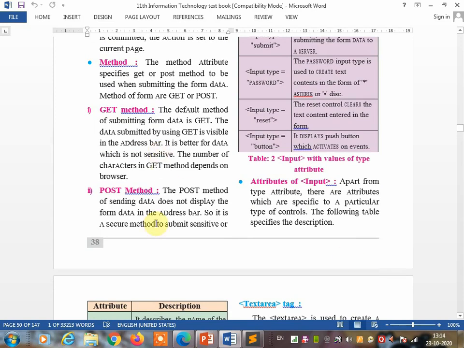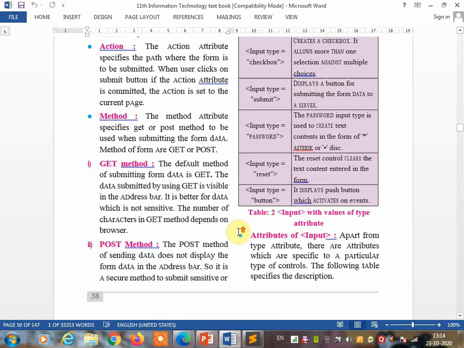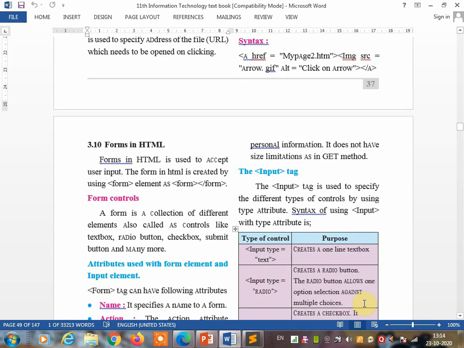There is one more method, the post method. The post method of sending data does not display the form data in the address bar, so it is a secure method to submit sensitive or personal information. It does not have a size limitation as in the get method.